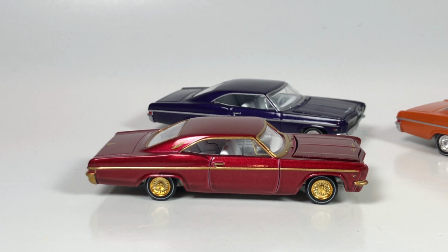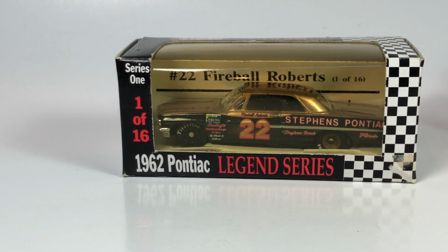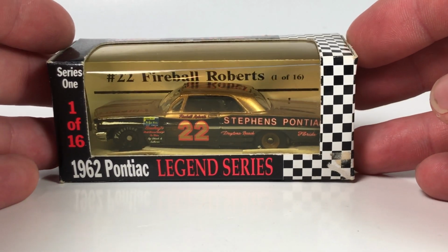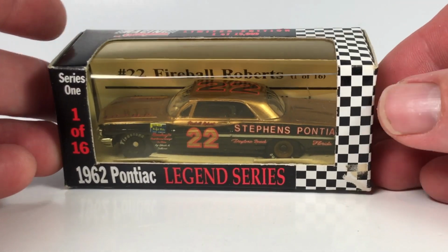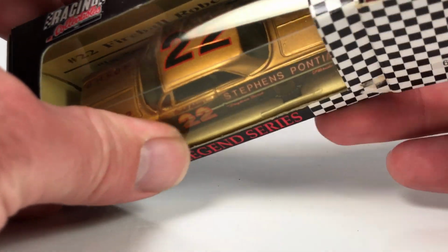Let's move on to, I think we're going to do, I don't know, maybe Greenlight last. I want to look at the, well, let's just grab some random stuff. Let's look at this right here. This Fireball Roberts thing. 1962 Pontiac. Racing Collectibles, limited to 15,000 pieces. I have, I think, one or two of these in my collection. Not this particular one, obviously, but